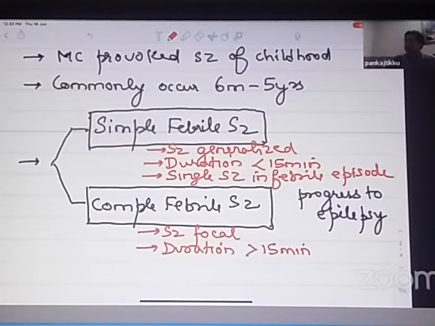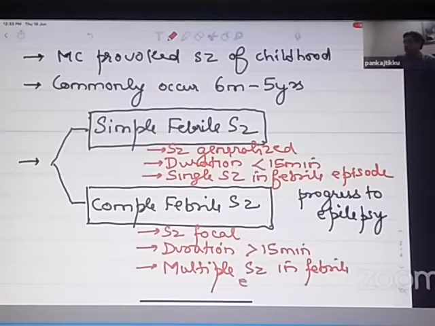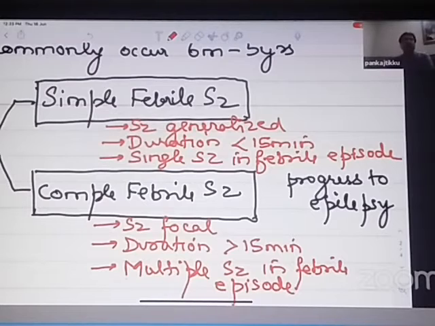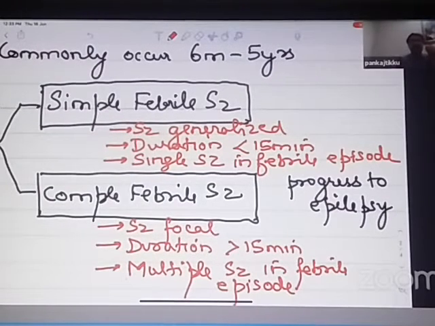But if the child has multiple seizures in the same febrile episode, then this is likely to be a complex febrile seizure. So simple febrile seizures usually are generalized. Simple febrile seizures, the duration is usually less than 15 minutes. And in simple febrile seizures, usually there is only one single seizure which occurs in the 4 to 5 days of